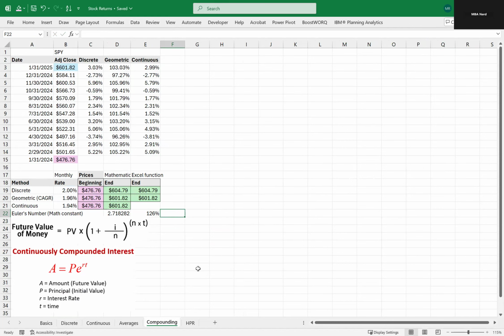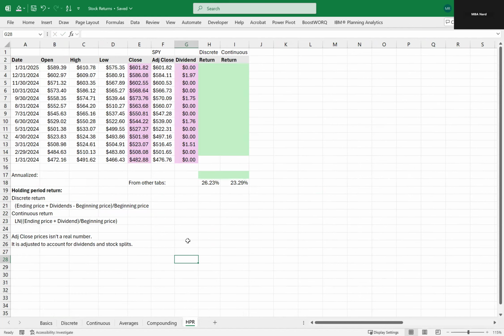Last thing I want to go over in this video is the holding period return. And this is a little bit of a nice-to-know type of thing. When you're looking at Yahoo Finance, there are these SPY adjusted close prices, right? And this adjusted close price isn't a real value. It's adjusted for dividends that happen during that period or whatever. It is helpful for our purposes to calculate discrete and continuous returns and average returns and stuff like that, but it's not real. So I just want to approximate this with this holding period return idea,